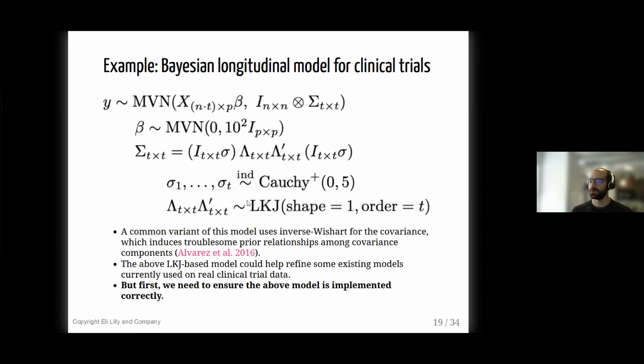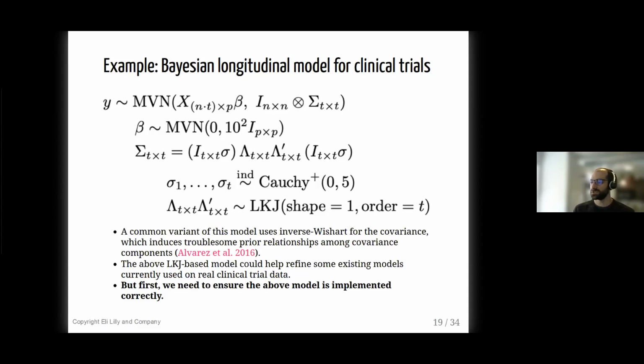Very often we see this model used with full conditional conjugacy, where the covariance matrix has a structure like unstructured or AR1 or what have you, and maybe for the unstructured case you use an inverse Wishart distribution as the prior.